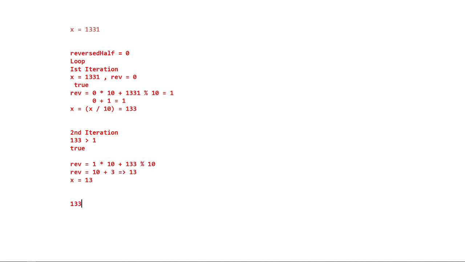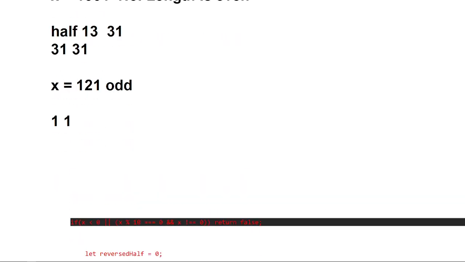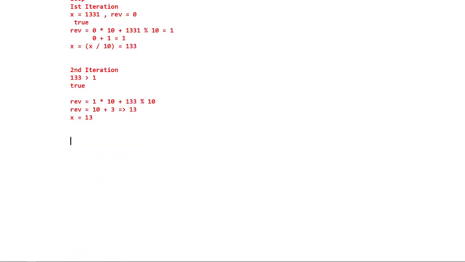As I told you, 1331: the next half has been reversed, so it is 1313. It has been converted because the iteration was different. I was trying to do something different. If I change the condition, it will become 3131. But by this iteration, we have maintained the rev value of 13 and 13.